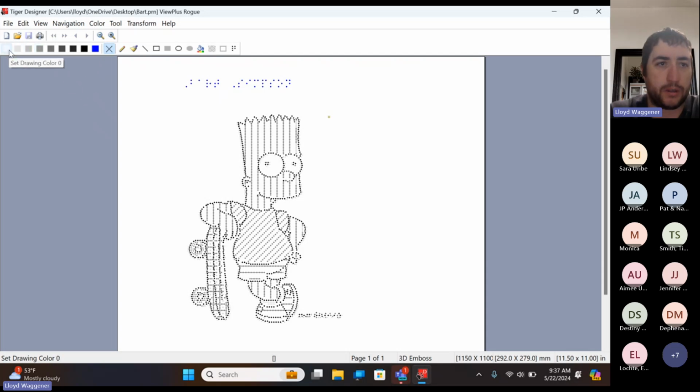We have different dot heights, which are these 8 different boxes here. Our embossers will do up to 8 different dot heights. Blue is braille, so that's dot height 8. Then we have dot height 7 through dot height 0 for how tall you want the dots to be. One of these will always be selected as you're using any of the tools to the right of that. So if we want to select dot height 5,